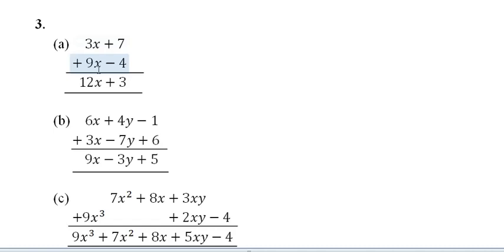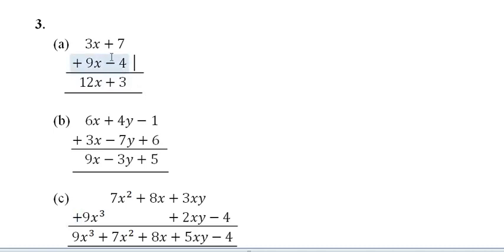let us continue. Okay, 3x plus 7 plus 9x minus 4. So in case of addition of polynomials, it is very simple. Only in case of addition the signs will not be changed, remember. Since we are doing the addition, you have to write the sign of addition here, here also and here also, because we are doing the addition of these polynomials.